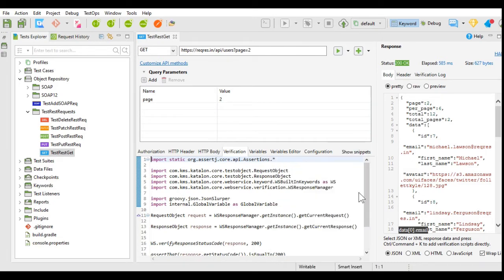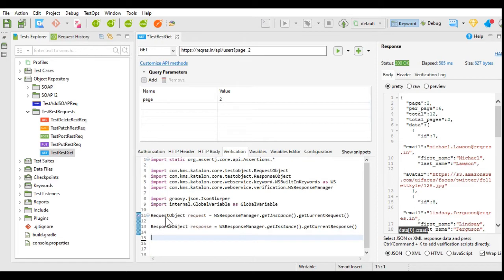First of all, we will check what is there by default which we have got. We have got some import libraries which are imported by default, and we also have got two statements.